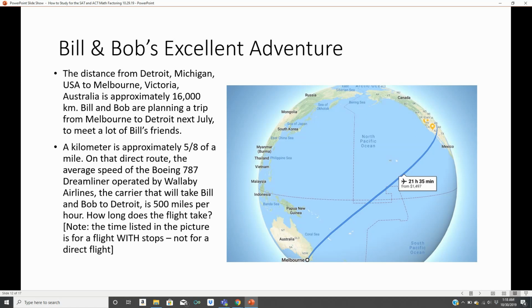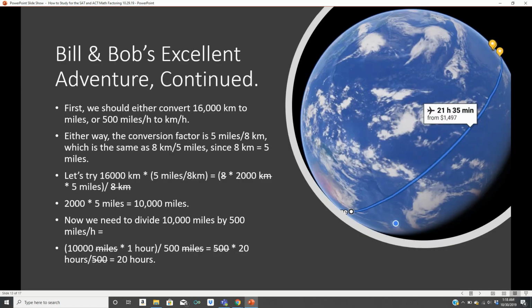Notice that the time listed in the picture, 21 hours and 35 minutes, is for a flight with stops, not for a direct flight. So don't try to cheat and use this number. All right, so how do we do it? First, we should either convert 16,000 kilometers to miles or 500 miles per hour to kilometers per hour. Either way, the conversion factor is 5 miles per 8 kilometers, which is the same as 8 kilometers per 5 miles. Why? Because we know that 5 miles is equal to 8 kilometers. So it doesn't matter. It's just like having 1 over 1 or 1 over 1. So anyway,